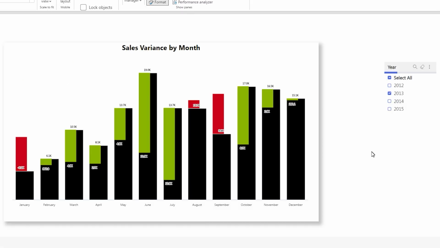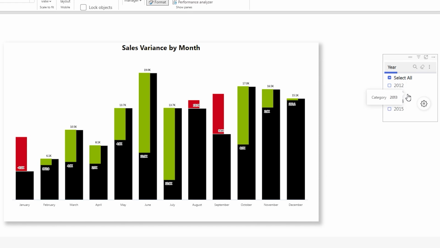to life. Before we get started, let me help you understand how to read this particular visual. On my x-axis, I have different months of the year, and then I'm using the Powerviz filter visual here to filter the year. I've currently filtered for the year 2013, and on my y-axis, you see two different kinds of bars. The black bar denotes the total sales for the current year, which is the selected year from the slicer,